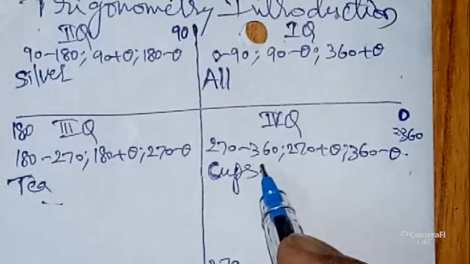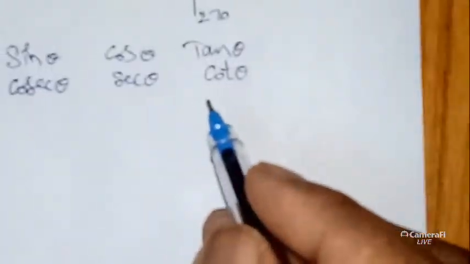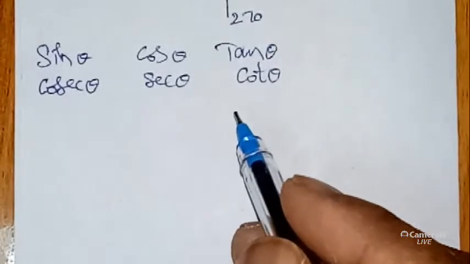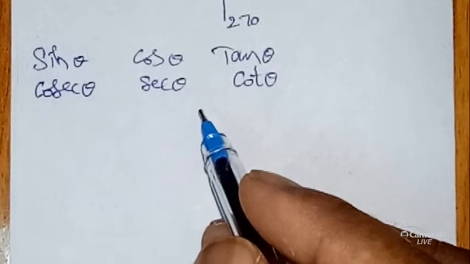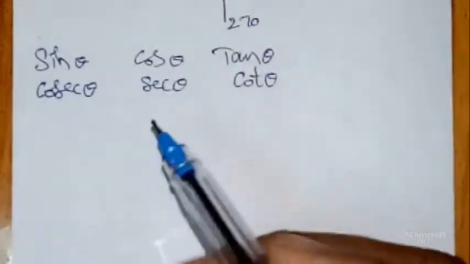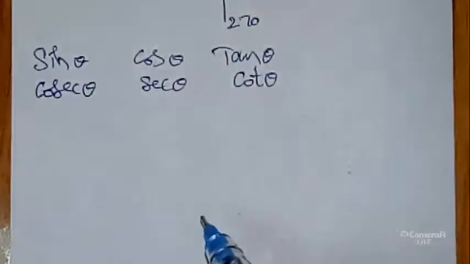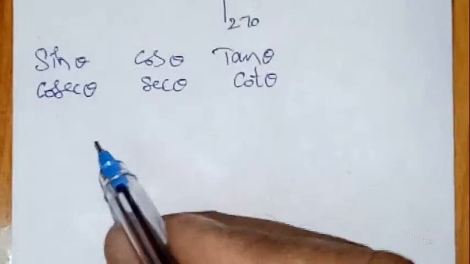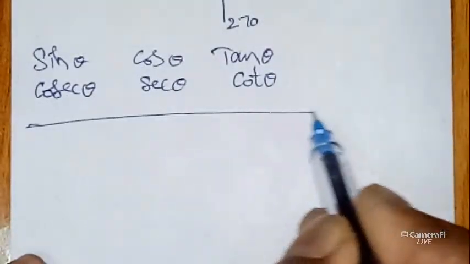Next, I wanted to divide into two positions to get all values: two different positions, like sleeping position and standing position. Before going to that, I wanted to tell you